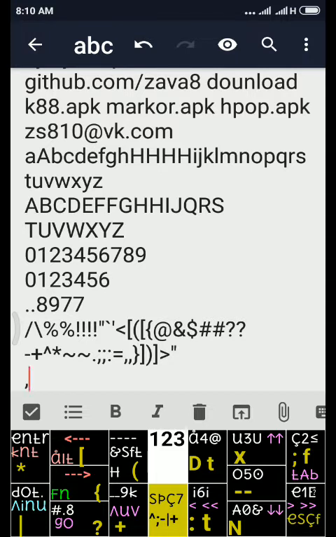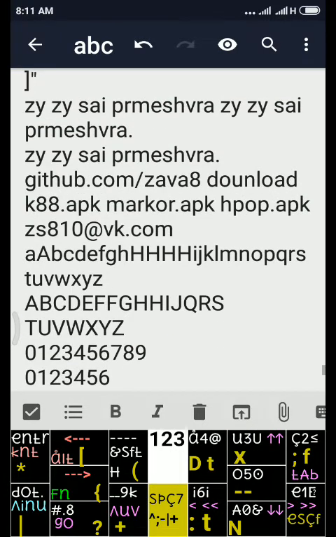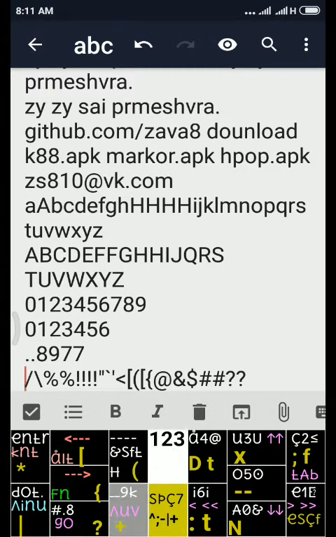The left side will be used for the complete keyboard, like navigation. First, navigation is pending, so we will do it with go. We can do go up, go down. If we do the same thing with move, move makes the home key, move makes the page up key, move makes the page down key, move makes the end key.